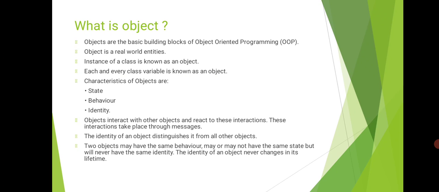The next characteristic is behavior. The behavior of an object refers to the change of its state over a period of time. For example, in an online shopping site, when you place an order for a book, the status of the book might change from available to sold out. So there are 5 books in the shop. When you purchase one, the availability was 5, and next it is updated to 4. Like this it changes its state, and that is its behavior. The changed state of a book represents the behavior of the object.